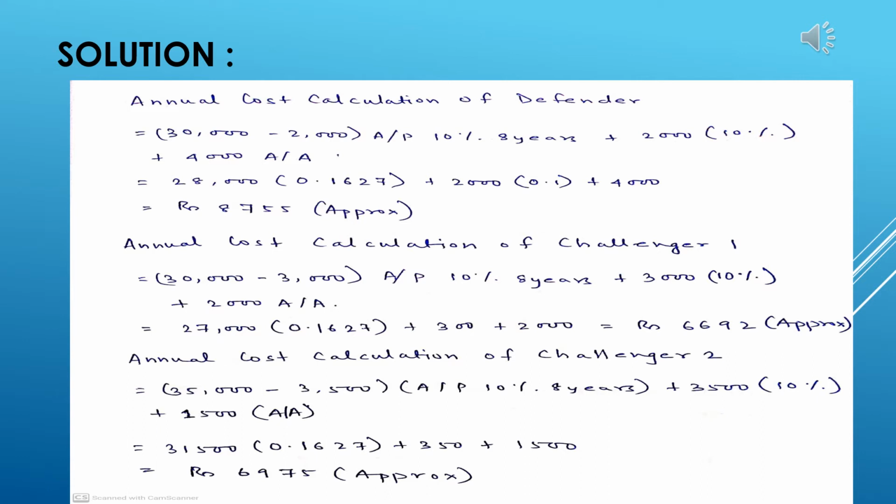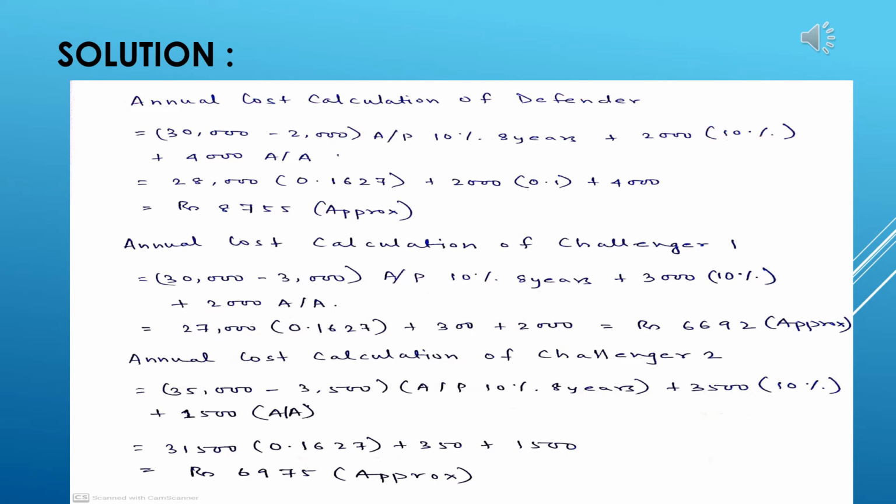Coming back to the second machine, or the Challenger 1 machine, a similar kind of calculation has been followed, where I have deducted the future worth value or the salvage value from the initial value and have taken 27,000 to be the present worth, and the rest of the calculations are absolutely the same. So for this particular period of time, we are getting the annual cost of Challenger 1 and Challenger 2 respectively to be 6,692 and